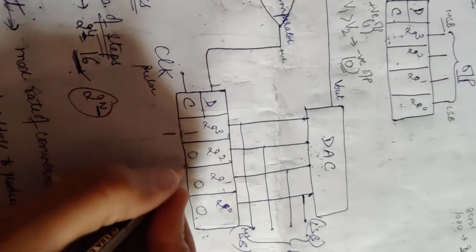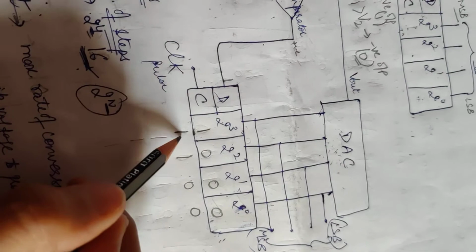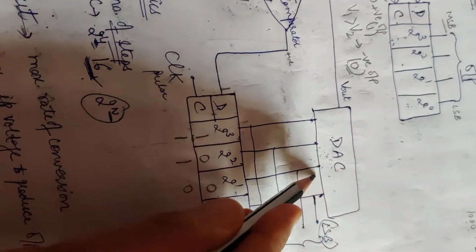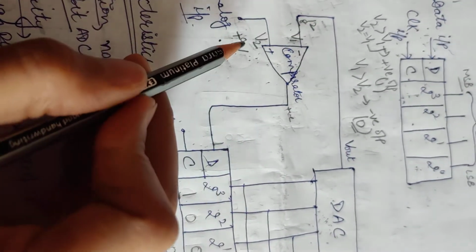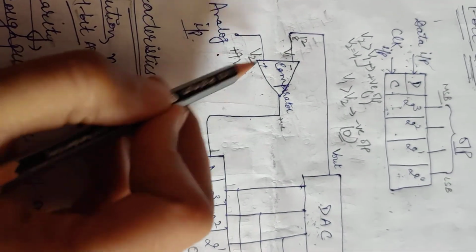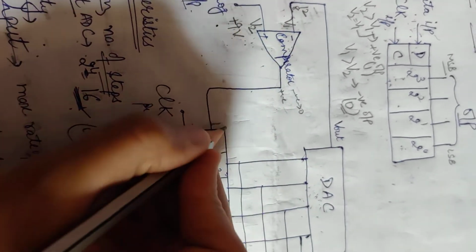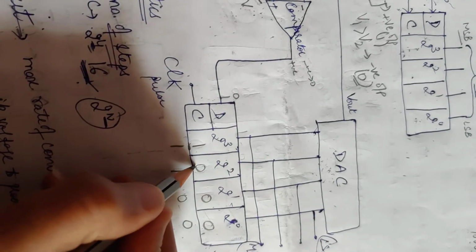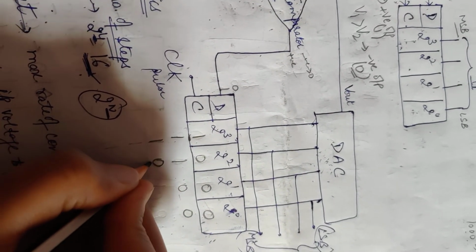नेक्स्ट क्लॉक के लिए इसको 1 करेंगे, बाकी 0. Now 1 1 0 0. This D2A will convert this value and give it here. 1 1 0 0 is 12. This is 12. This is 9. So it will compare and it gives negative voltage. Negative means 0. So here it is 0. So this bit is reset for the whole conversion, so it is 0.